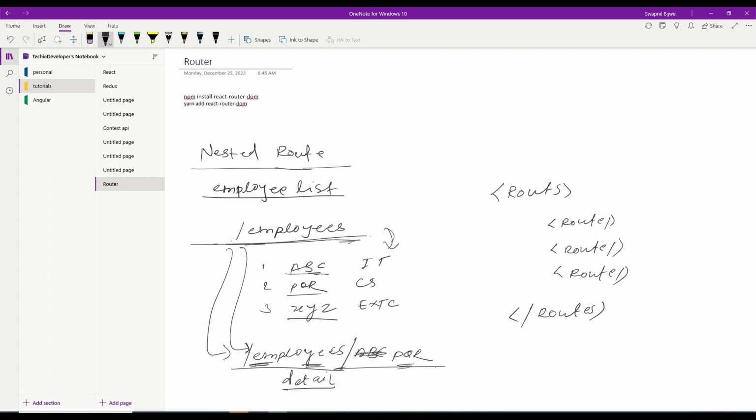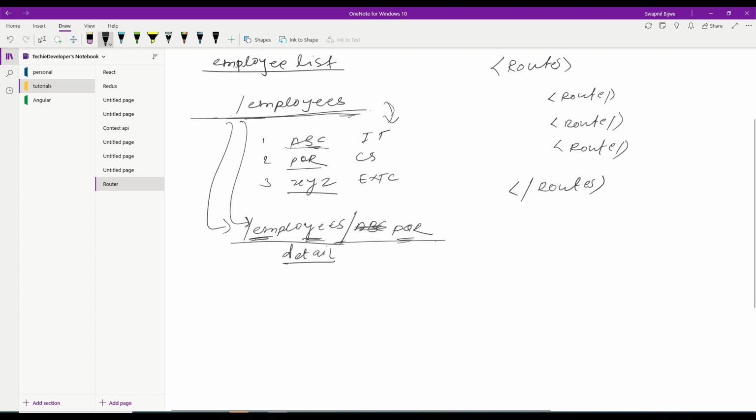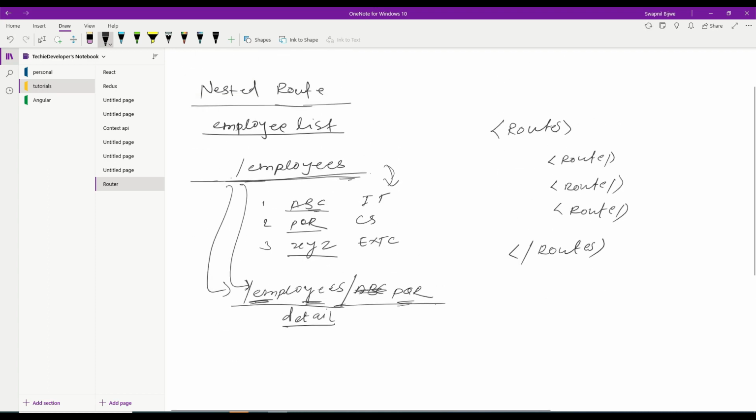Now, to create the nested route, what do we have to do? Simply, these are the three routes: contact, employee, and the third one is about us. These are the three routes we have already created.